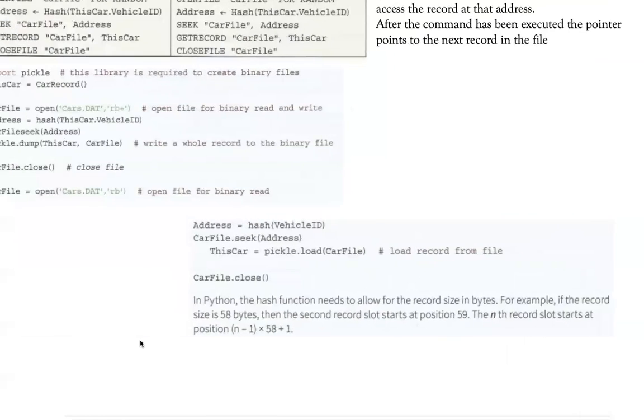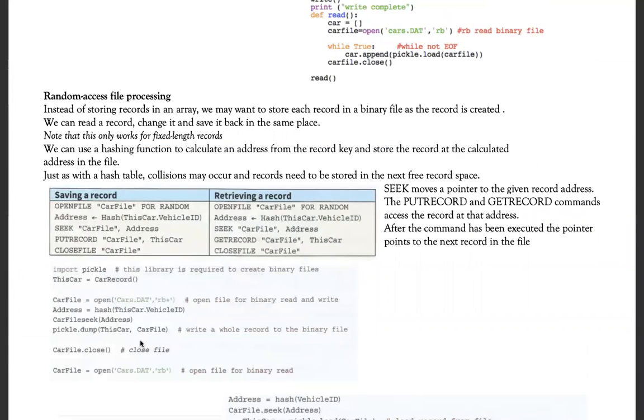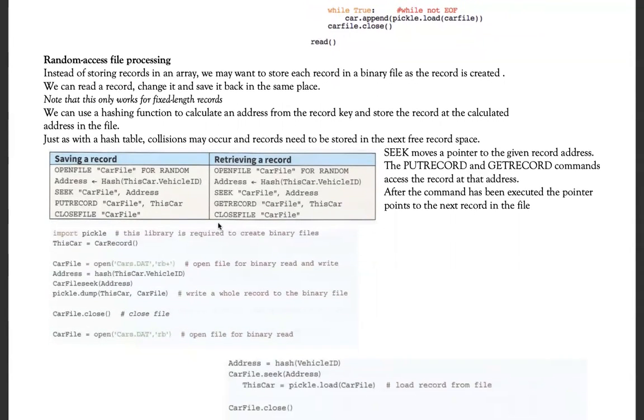Now, in the following lectures, I'll be discussing an example from previous material that strictly deals with binary files. In that, I'll show you how this pickle library can be used, how exactly a binary file is created, and what it looks like on your desktop. You won't be able to access it, because the contents are not visible in any built-in programs, but they can be accessed through your Python file, and you will see that data is being stored and retrieved there just perfectly.